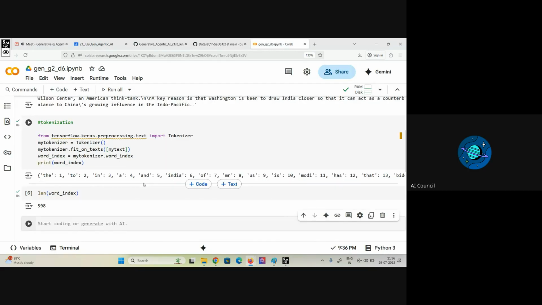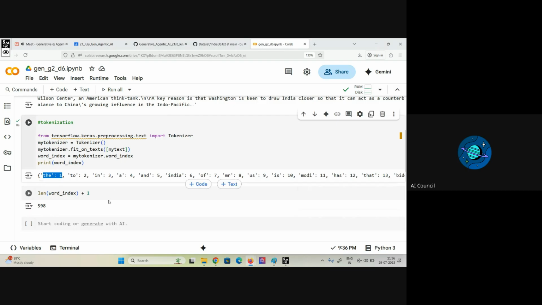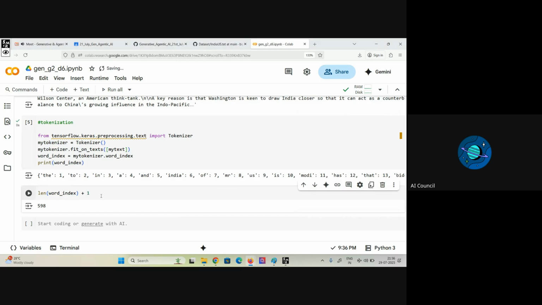As we have 598 unique words, we can add 1 to it. Why? Because 0 is not counted, and when we do padding, 0 will be added. So 0 should also be counted. So the total number of words will be